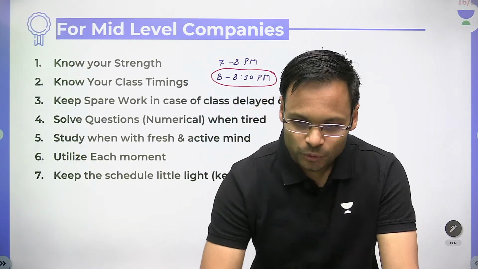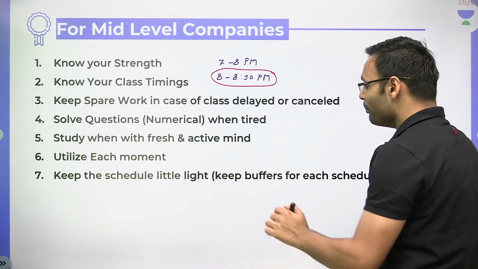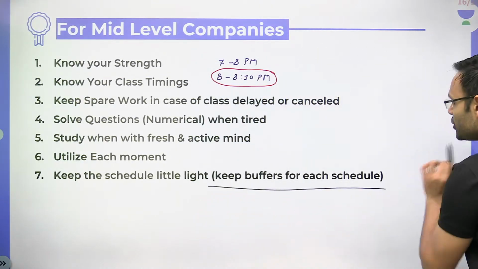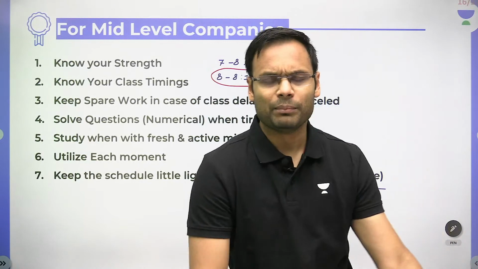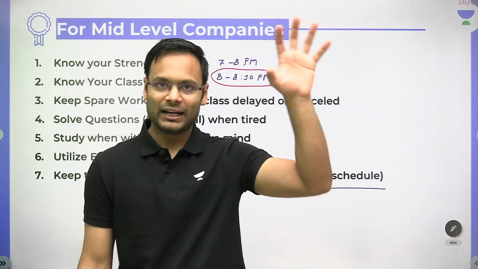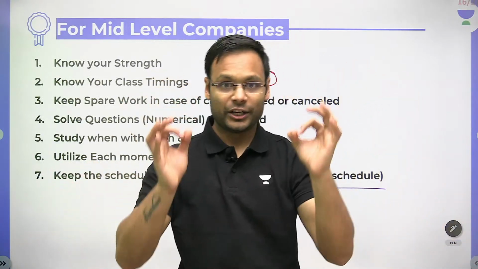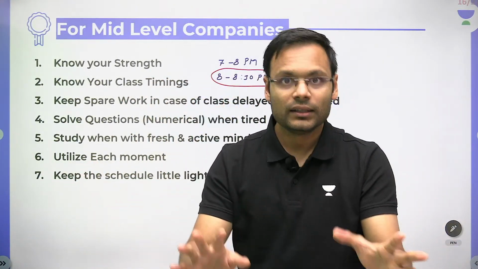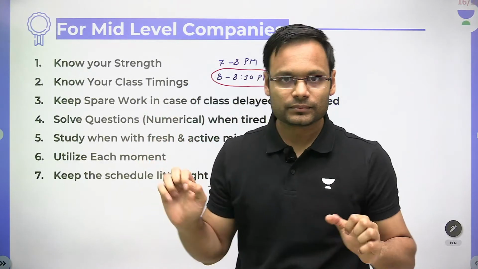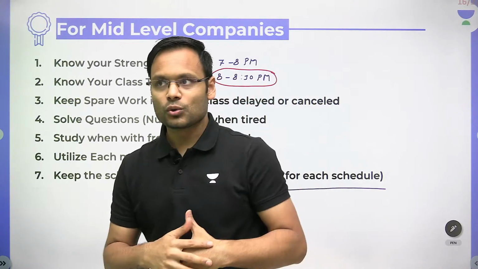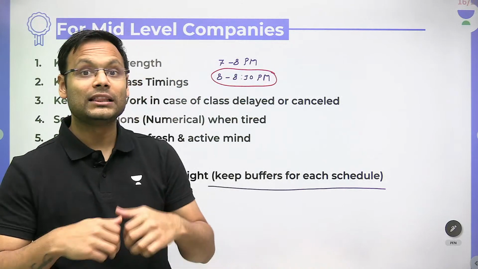So what you will have to do is keep a buffer period in between each schedule. 10 minute, 15 minute buffer, कि अगर schedule के पहले काम हो गया, मजे, enjoy. अगर schedule के पहले काम नहीं हुआ, तो we can utilize that buffer. That's simple. So that we will be always on the winning side.